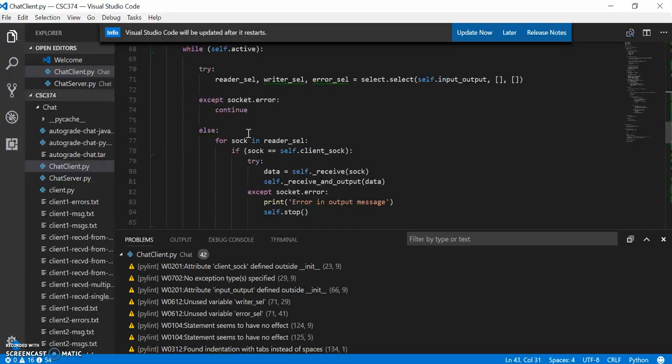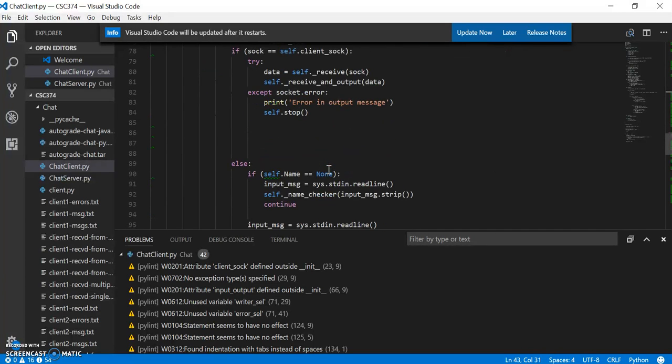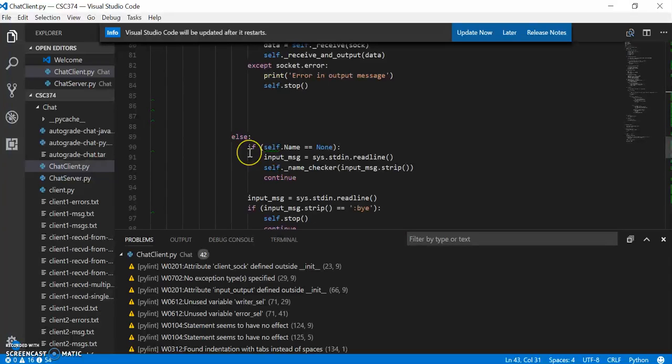So for sock in the reader select, if the sock is equal to the self.client sock, that means it's receiving a message. It's going to call that receive method up above and pull that data into data. And it's going to take that and output it to standard out. And then if there's an error, it's going to print out an error message. Else, if